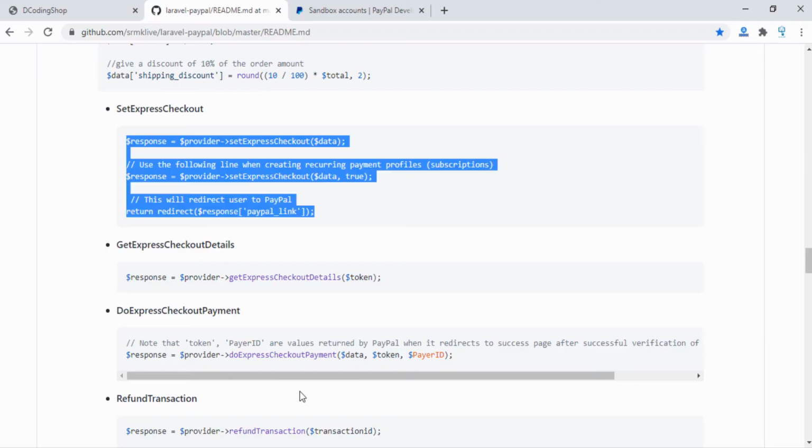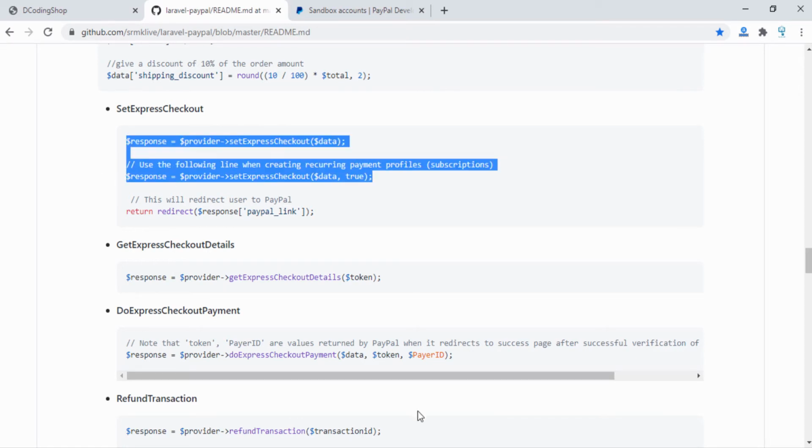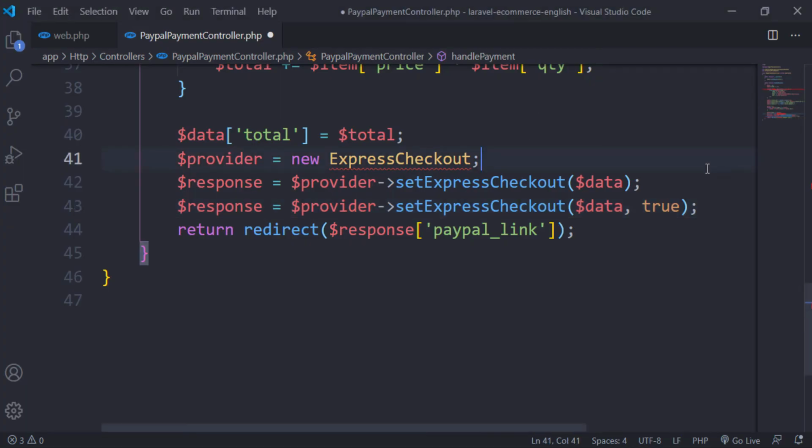I think this one is used following the line when creating recurring payments profile subscriptions, and we use two of them just to avoid any errors. And next we will redirect the user to the PayPal link of payment. So this is the first